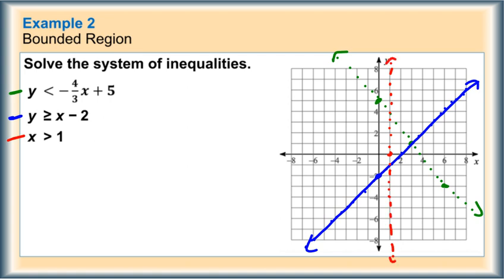Okay, so it has to be greater. Greater than means it goes to the right. So either here, here, or here. For the blue line, it has to be above the blue line. So here, here, here. And then for the green, it has to be below the green. So here, here, here, or here. The only place that I see 3 colors